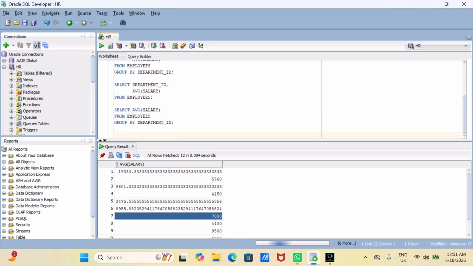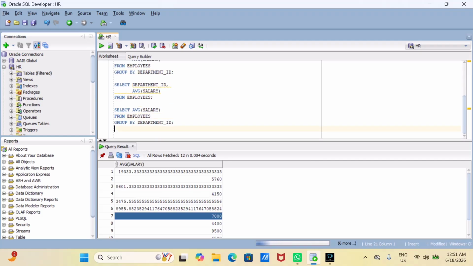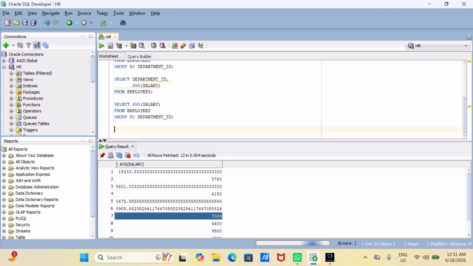Correct? Now, grouping by more than one column. What we have done is group by only one column, only department ID. But what if there are scenarios where you have to group by more than one column? What will happen? Let us see an example. Select department ID, comma